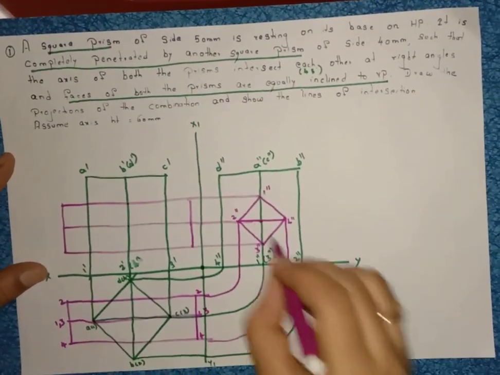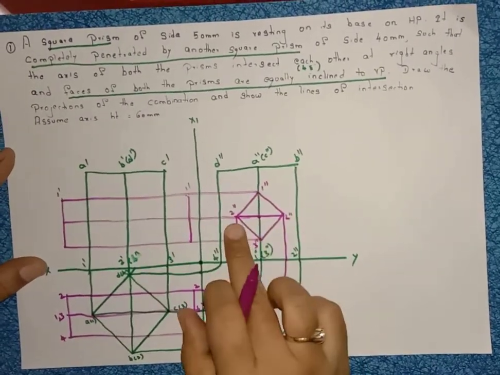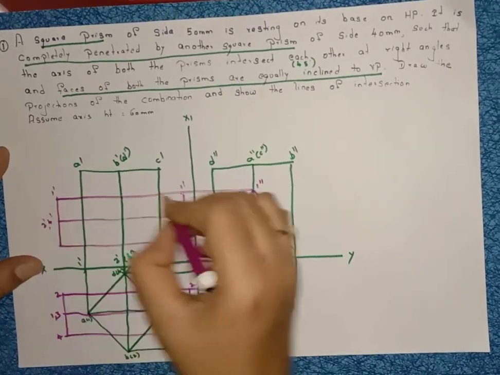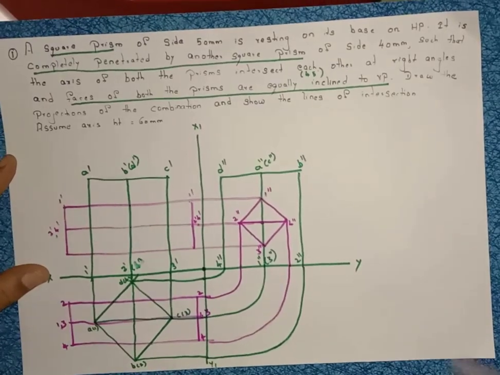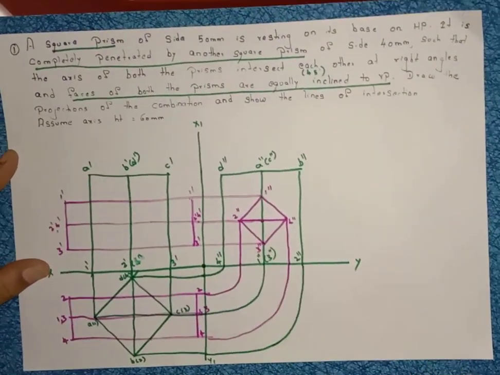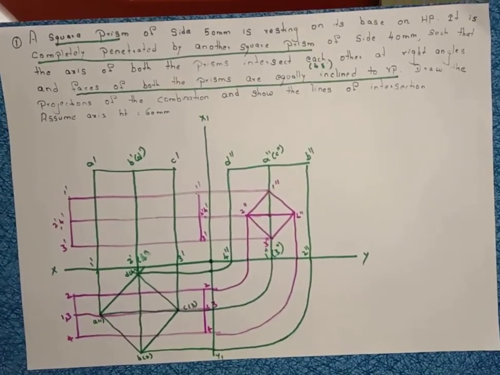Okay. Now we are extending this first line. Name it as 1 dash, 1 dash. We are extending 2 and 4. Write down here 2 dash comma 4 dash, and here 2 dash comma 4 dash. Then next, this is the third line. Write down here 3 dash, and here 3 dash. Right? So this is the point now.